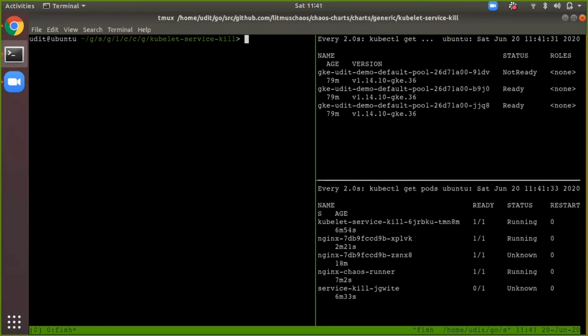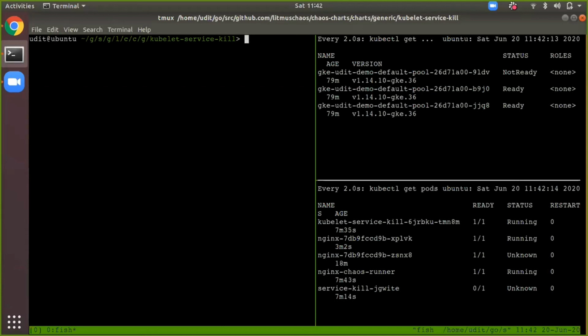Let's say your kubelet is down and your node went into not ready state, right? And it's not recovered for a long time. The amount of traffic that your surviving replicas are receiving on the other nodes might increase. That might actually increase the resource usage on the other nodes. So that means you need to even it out in some way. So auto scaling is a good measure. Node level auto scaling, you can do it. You can set up horizontal pod auto scalers to spawn more pods on any available nodes, so that you can start distributing your traffic once again until this node recovers. So these are some of the measures that you can take.